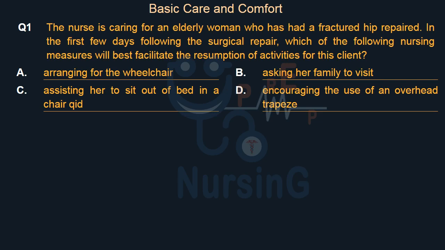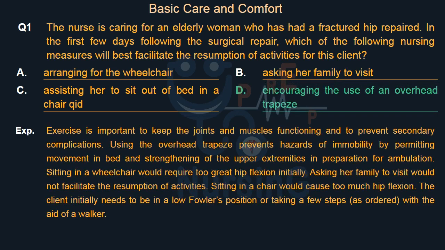Right answer is Option D. Encouraging the use of an overhead trapeze. Exercise is important to keep the joints and muscles functioning and to prevent secondary complications. Using the overhead trapeze prevents hazards of immobility by permitting movement in bed and strengthening of the upper extremities in preparation for ambulation. Sitting in a wheelchair would require too great hip flexion initially. Asking her family to visit would not facilitate the resumption of activities. Sitting in a chair would cause too much hip flexion. The client initially needs to be in a low Fowler's position or taking a few steps, as ordered, with the